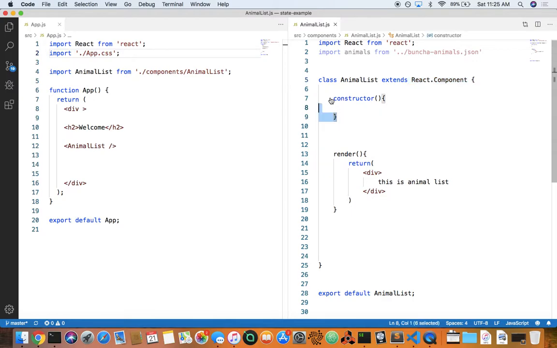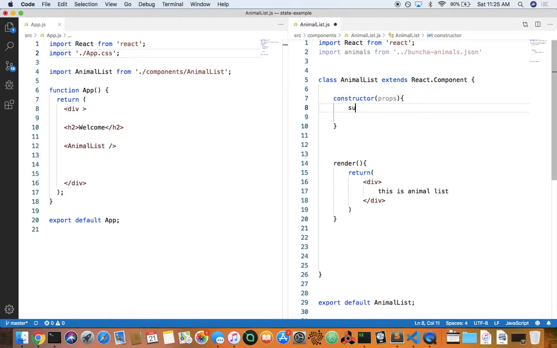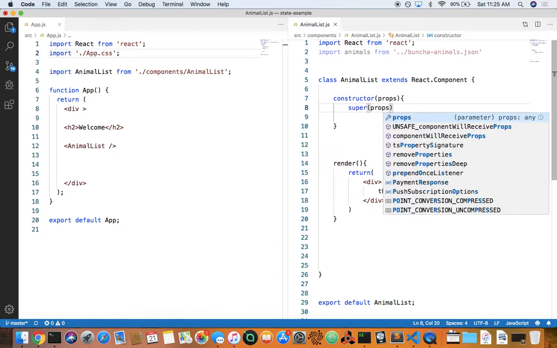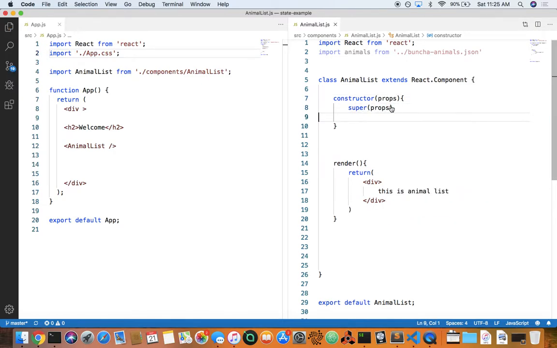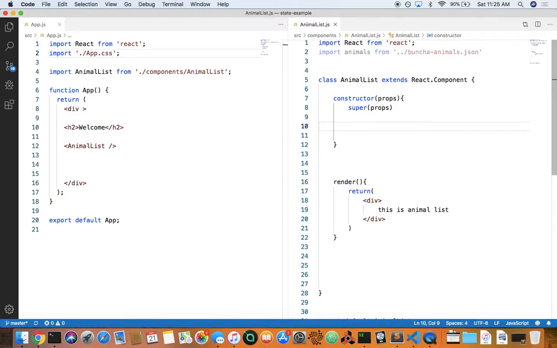So if I do this, that means I don't want this constructor. I want my own constructor. My constructor does what? Does nothing. And everything breaks. So that's why we go props here, and we go super props, so that at least it still does the normal thing. It says first do the normal thing that you usually do, and then do whatever else that I'm going to say right now. And what I'm going to say is this.state equals,